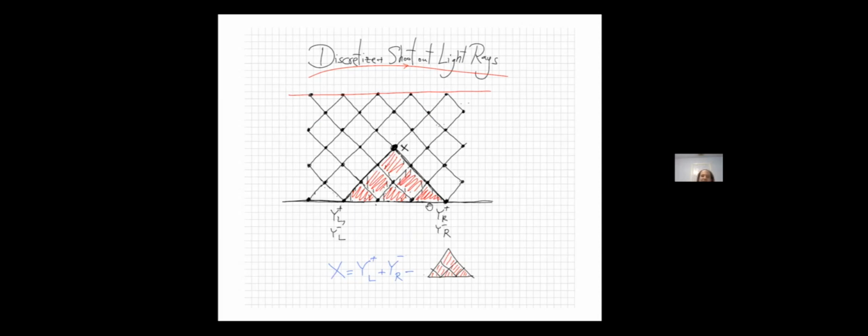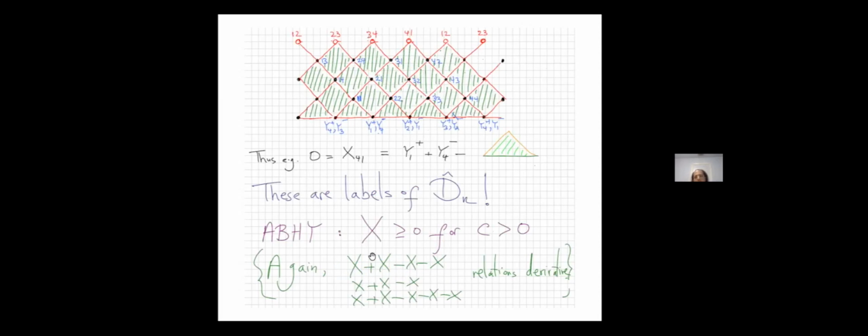Okay, so now we're going to get a picture like this, where up here I've enforced that everything is equal. Again, I have the condition that everything is going to equal 0, and there is a positive constant associated with all of these little meshes in here, including these triangles down here, with the formula that x is y plus left plus y minus right minus the sum of all the sort of charges in those meshes. And now all we have to do is label these guys. And here are the labels. So upstairs there'll be 1, 2, 2, 3, 3, 4, 4, 1, 1, 2. Okay, so those are the boundary components.